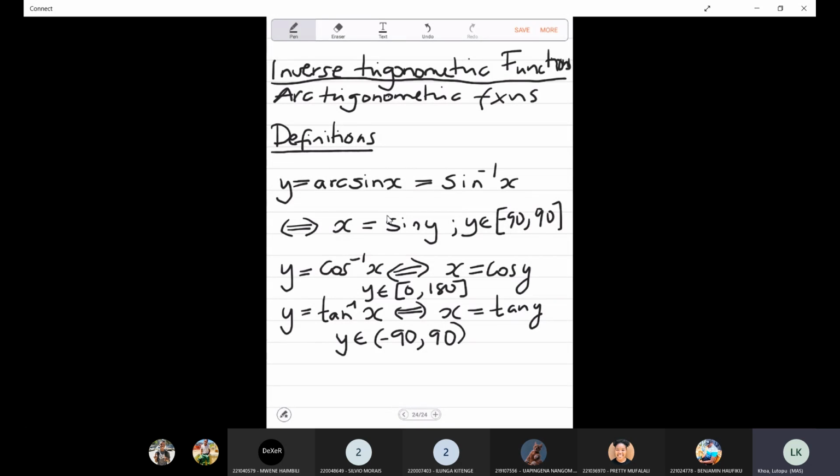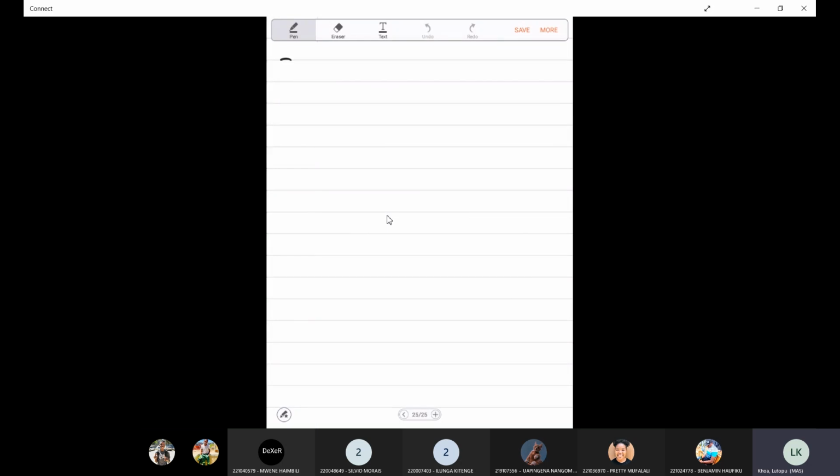So we know how the graphs of cos, sine, and tan look. And last semester, when we were sketching graphs, you learned how to sketch the inverse of a graph. You have to reflect it along the line y is equal to x. So the same thing applies here. You can draw the graph of y is equal to sine x. You draw the line y is equal to x, and then you reflect your graph. Now what you will end up with, so the graphs,